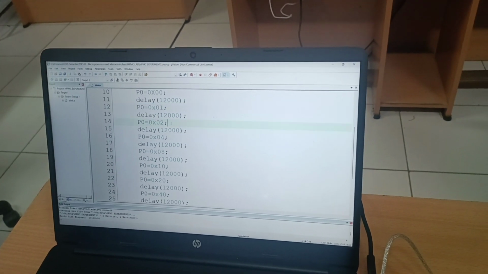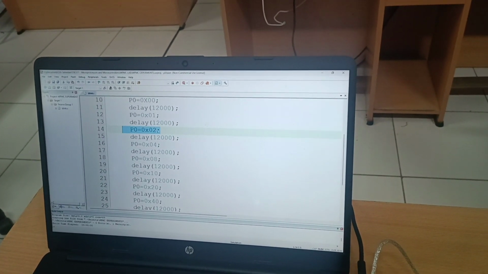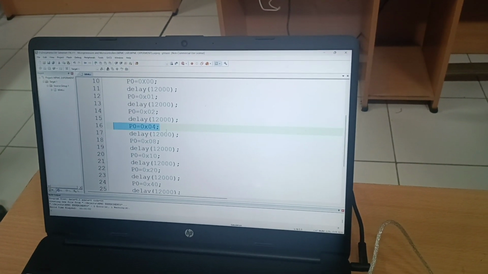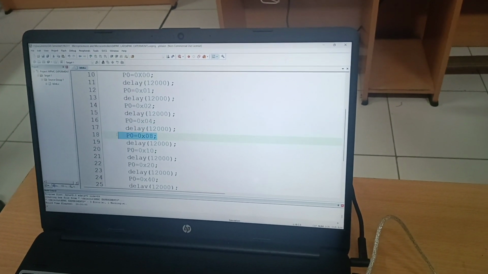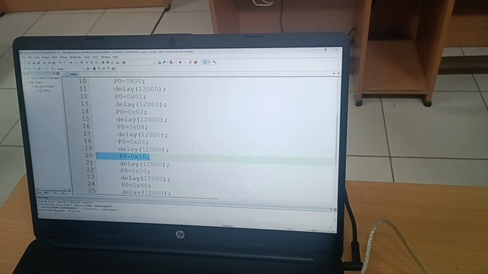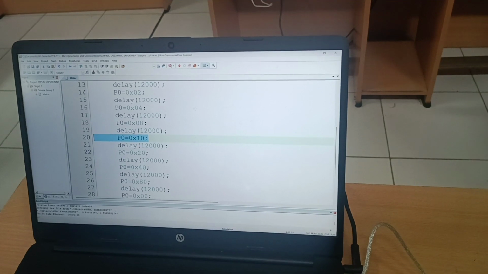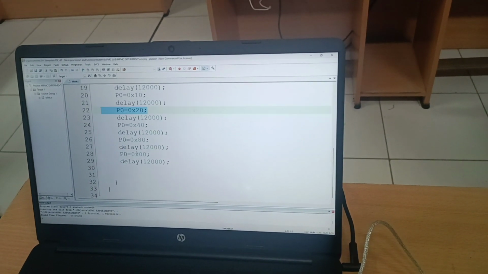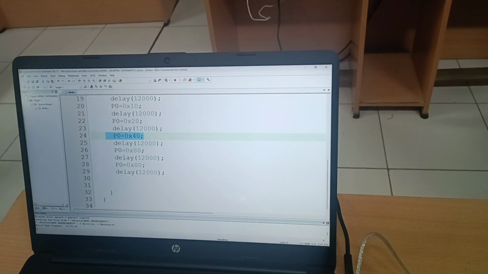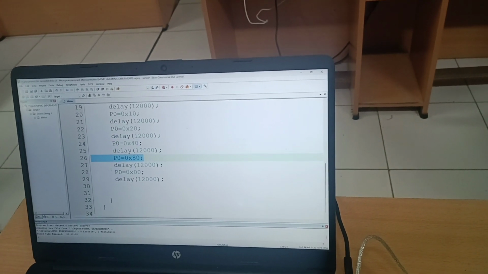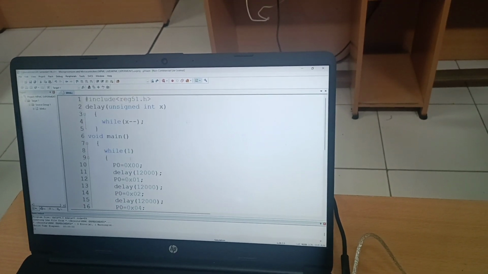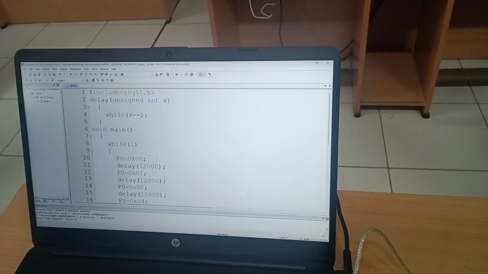Then the second LED is switched on and the first LED is switched off, which is 2. The third LED is switched on and the second LED is switched off, which is 4. The fourth LED is on and the third LED is off. The fifth LED is on and the fourth LED is off, which is P0 equal to 0x10. P0 equal to 0x20 means the sixth LED is on and the fifth LED is off. Similarly the seventh LED on, and then the 8th LED on, and then after some time we make all the LEDs 0, and then this pattern repeats for a period of time, which is something like a ball coming